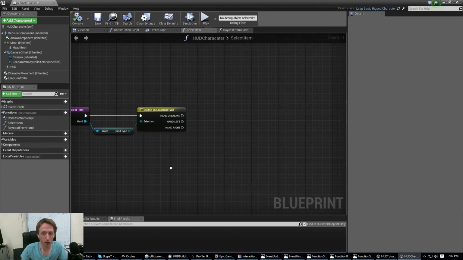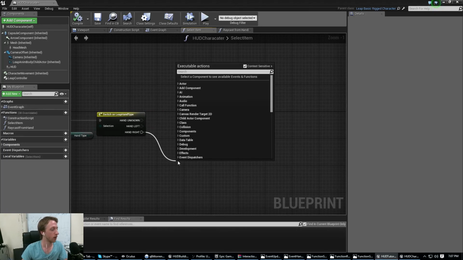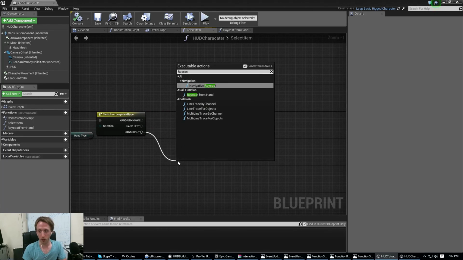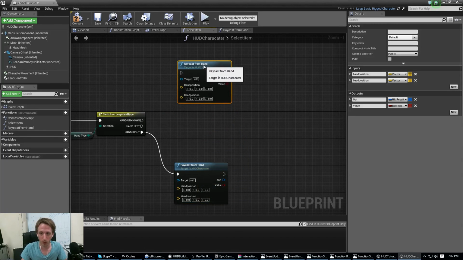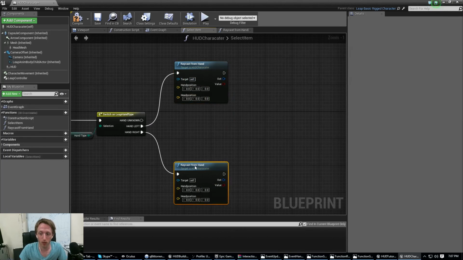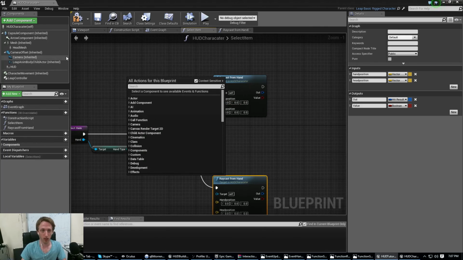And then from there, we're going to do some raycast. So we're going to do a raycast from hand, and we're going to do another raycast from hand at the top because, unfortunately, we have to deal with both hands all the time. So raycast from hand takes a hand position and a head position. So all you need to do is get your